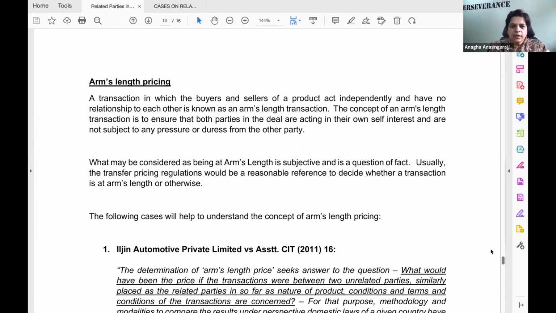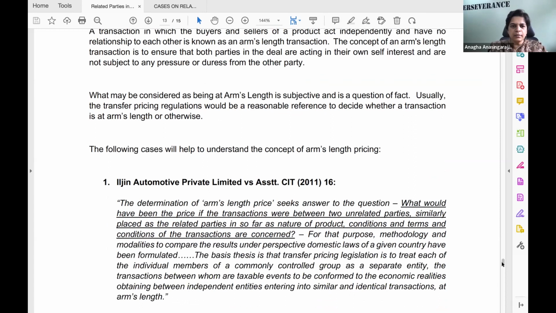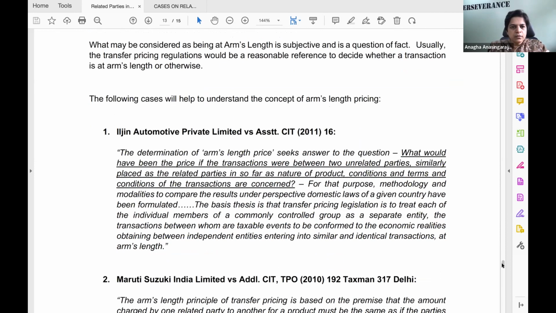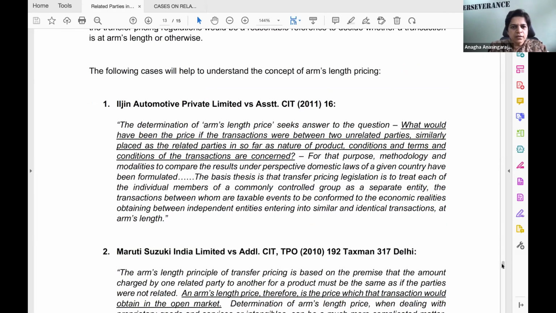So what may be considered as being at arm's length is subjective and a question of fact. Usually the transfer pricing guidelines would be a reasonable reference to decide whether a transaction is at arm's length or not. But in cases where that may not be applicable, maybe these cases, the decided case law may be of some use to us. The first one is the determination of arm's length price, which seeks answers to the question,